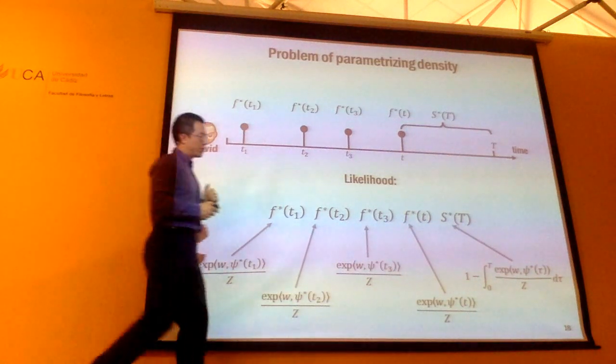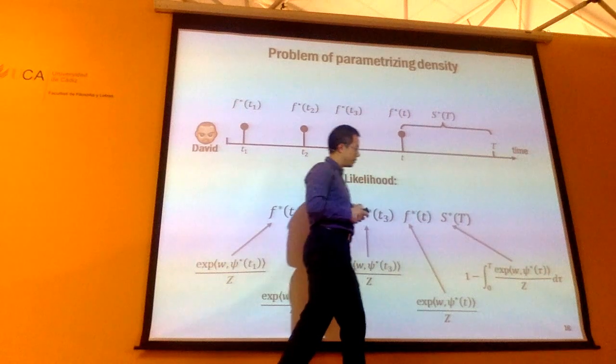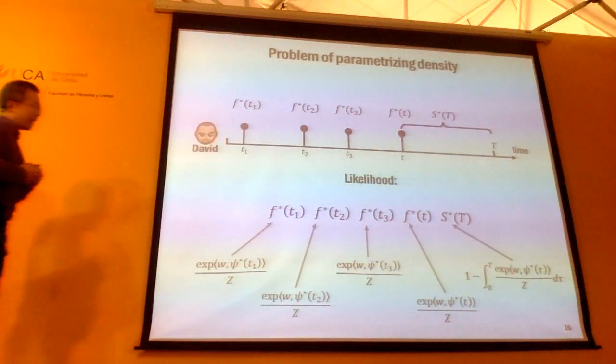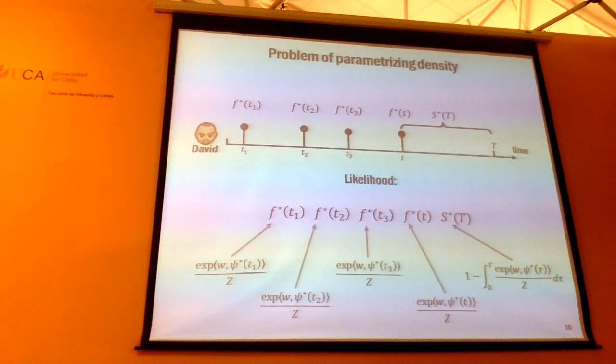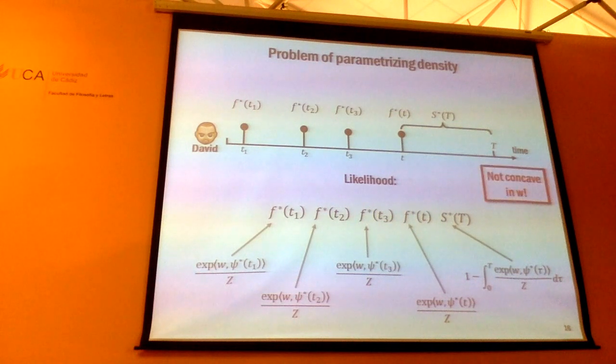In the end, you have this survival function. It's just 1 minus the integral from 0 to t, right? And you can write out the likelihood. But what you will find is that when you try to estimate the parameter using this formulation, you get something called a non-convex problem. In this case, we try to maximize likelihood, and it's not a concave problem. Convex optimization is intimately linked to machine learning. If you don't have convex optimization, it's typically much harder to estimate parameters, although you can still do it. It's much harder, and much harder to give guarantees. So you will get something non-convex, not so nice, when you use likelihood.